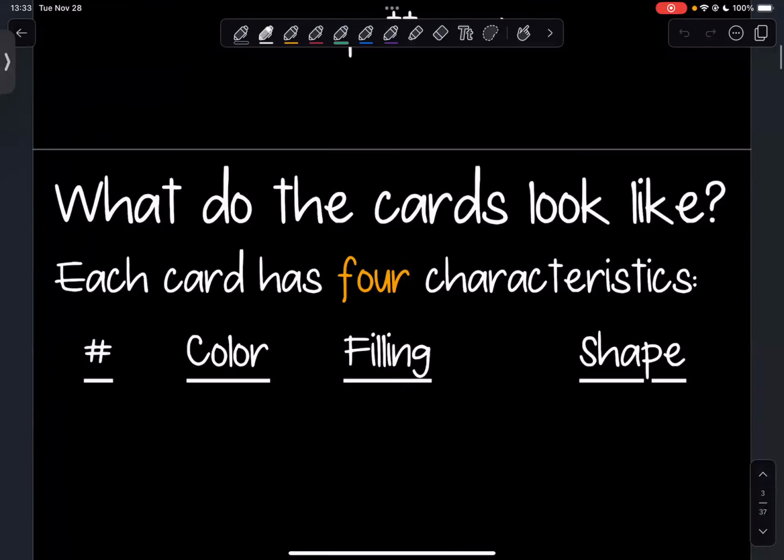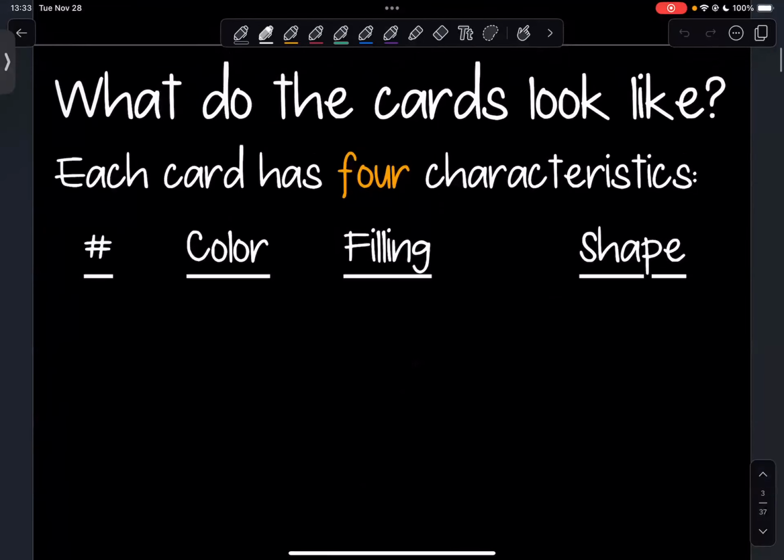Okay, so before we talk about the rules of the game, we're going to talk about what the cards look like. They have very specific characteristics and attributes within those characteristics. So we want to make sure that we feel comfortable with that part first, and then we'll talk about the goal of the game and how to actually play it. So the cards here are going to have shapes, and really it's going to be a number of those shapes in a color with a specific filling. But usually we think of them going left to right, so the adjectives on the shape first. So how many, what the color is, the filling, and the shape.